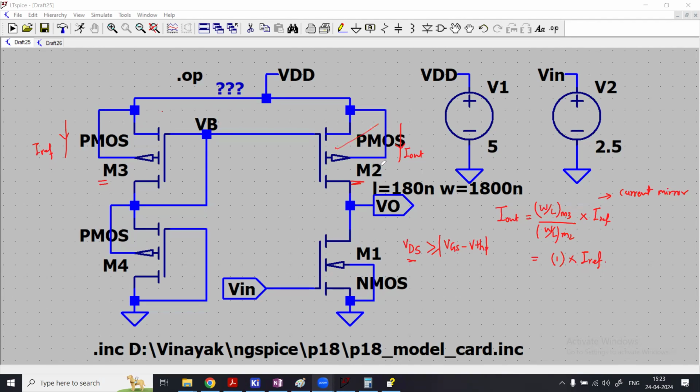Similarly, for the PMOS, you have VDS, which is your source and drain voltage. Obviously the source is connected to VDD, for example 5 volts here, and the VB, like I said, is 2.5 here. So your VGS is minus 2.5, and if the threshold voltage is minus 1, the drop here is minus 1.5 volt. VGS minus VT will be minus 1.5 volt, and then your VDS, that is this drop, has to